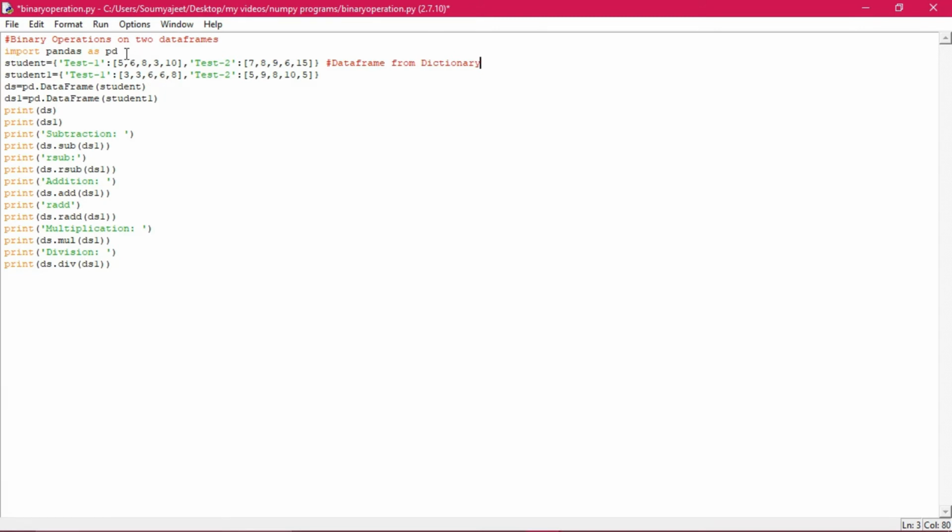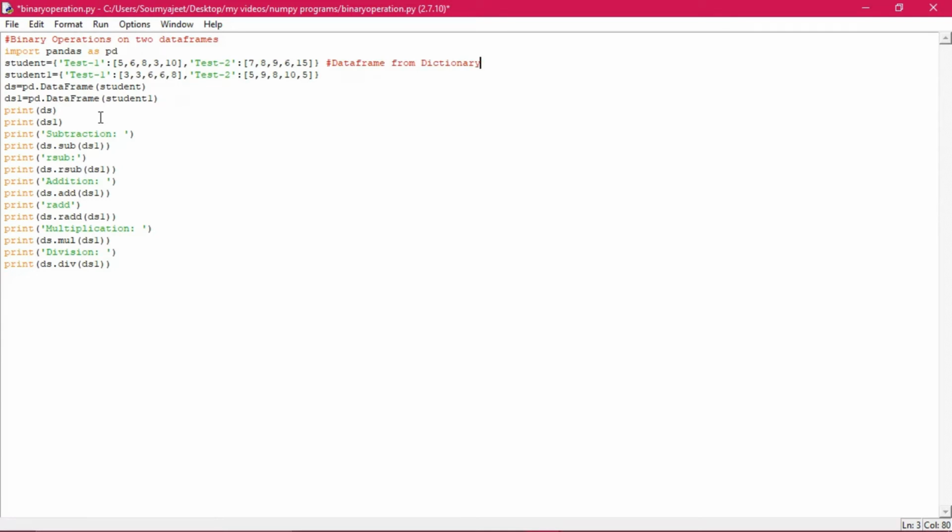One thing I want to remind you here is that instead of pd you can take any identifier, but it must start with an alphabet as per the rules of creation of an identifier. So no blank spaces or special characters to be used here; better to stick to alphabets only. So we are again creating a data frame from a dictionary. You can see a few data have been taken, test1 and test2 are the two columns. We have taken two data frame objects here, one is ds, another is ds1, converting the dictionary into data frame objects. Fine. So created.